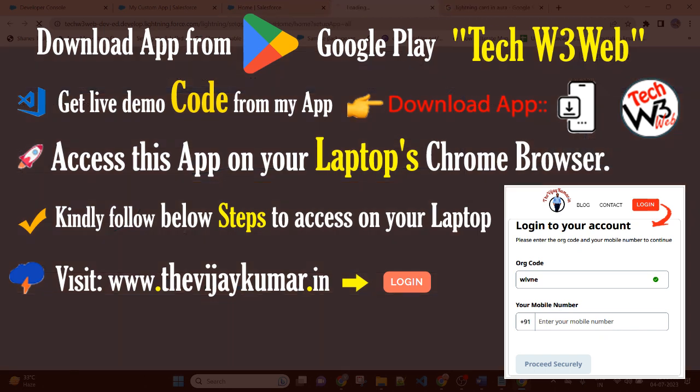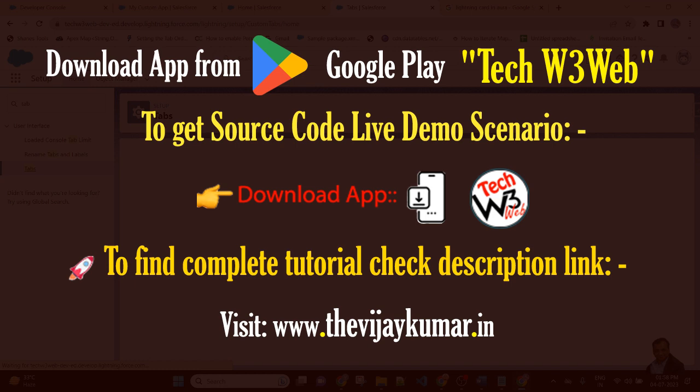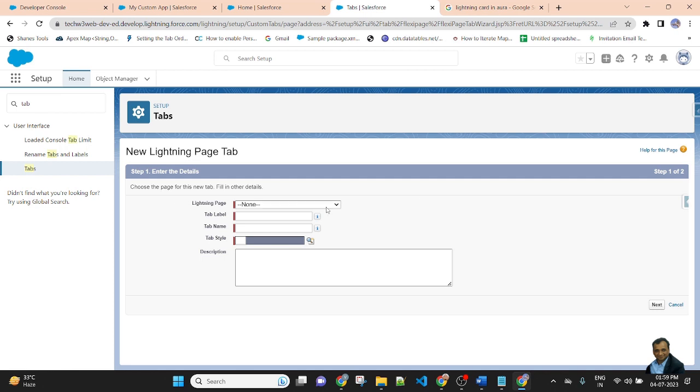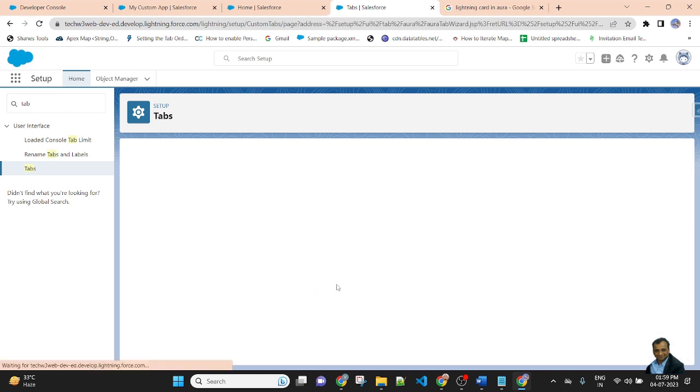If you want to call this component into a tab, you need to go to setup and create a tab. Here I can create a Lightning page tab. There is an option, Lightning page tab. This is not a Lightning app page, it is a component. So go back, and there is an option, Lightning component tab. If you want to make this component visible in the Lightning component tab, you need to create a new tab.